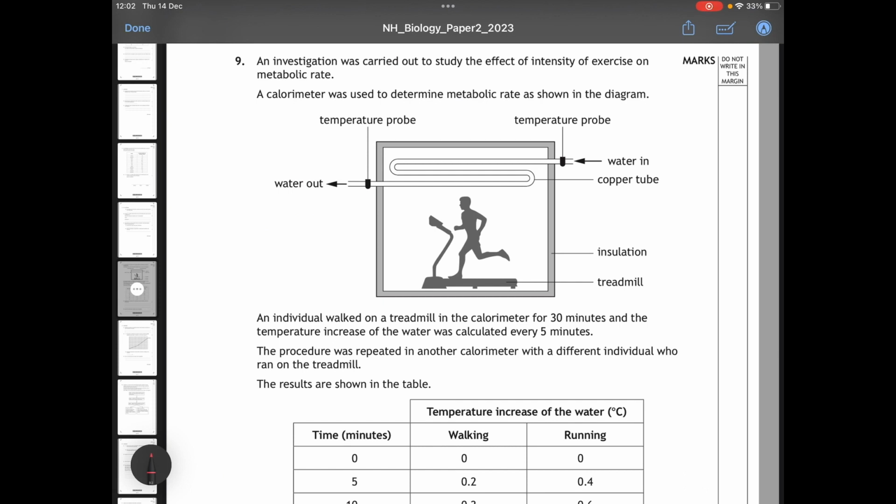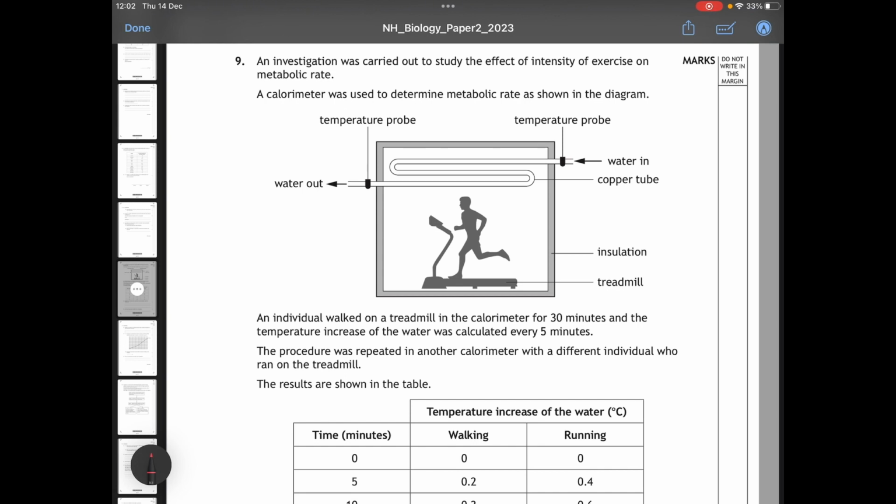So question 9 says, an investigation was carried out to study the effect of intensity of exercise on metabolic rates. Okay, so an experiment to look at the effect of intensity of exercise on metabolic rates. A calorimeter was used to measure metabolic rate as shown. So you can see there's a person who is on a treadmill, either walking or running, and as